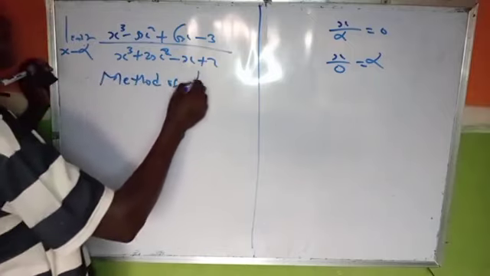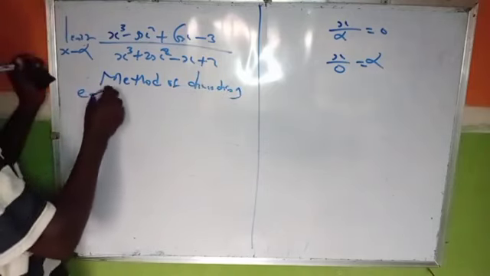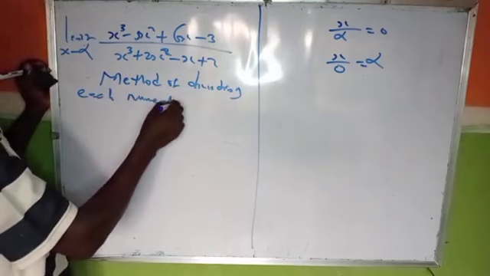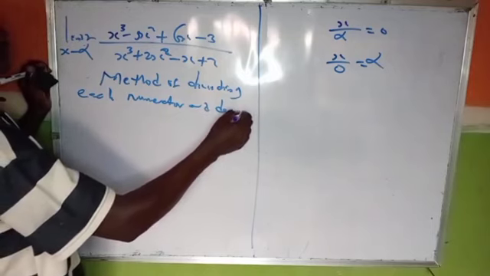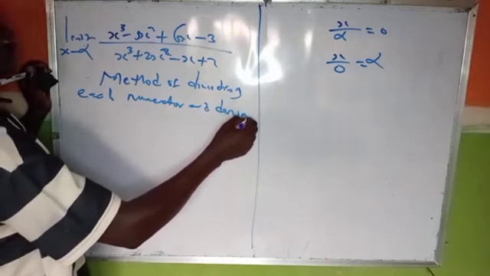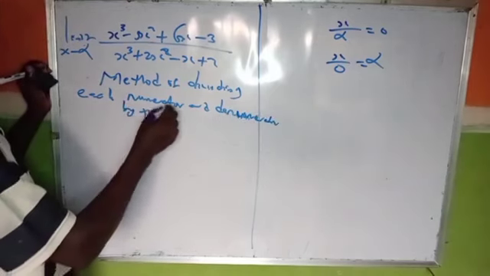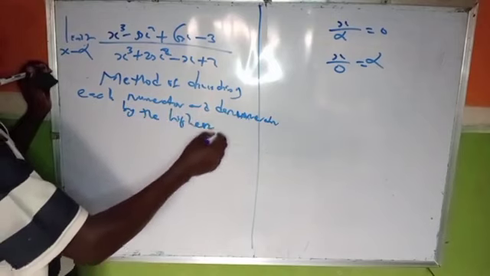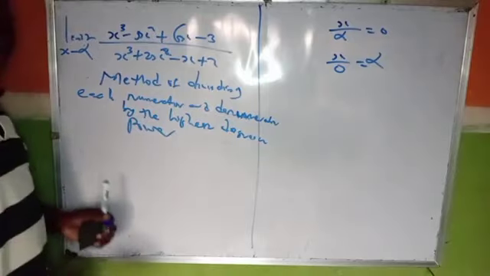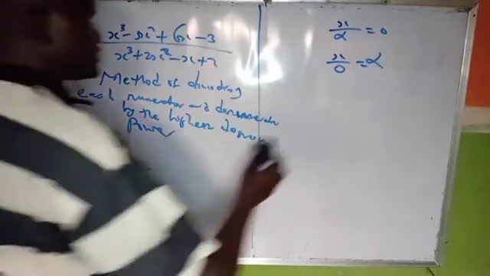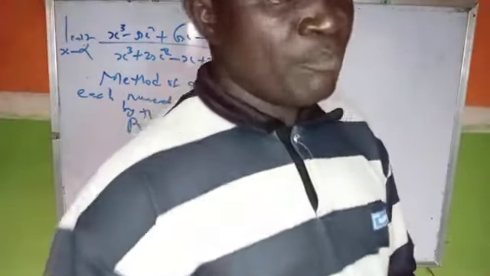Method of dividing each numerator and denominator by the highest degree or power. By the highest degree or power. That is it. What I told you, when you are doing limits, the method you are going to use